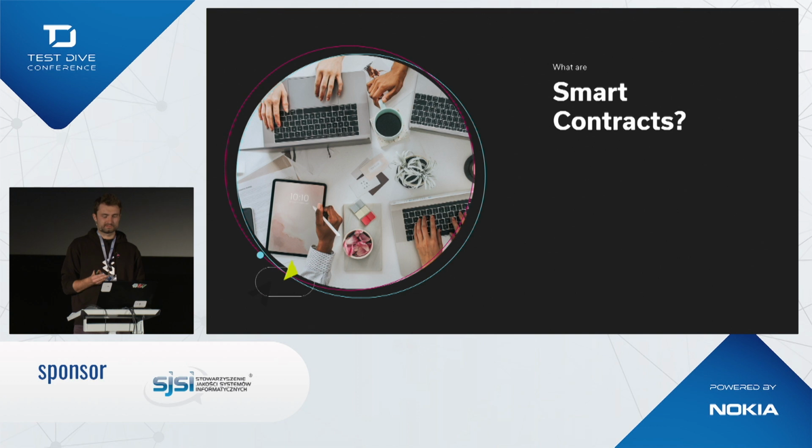And what about smart contracts? This is our main topic for today. So what are they? They are basically just a piece of software, almost like a regular web app that some of you are probably working on a daily basis. Something like scripts, just a piece of software. It can do some math, store some data, emit events, or call other contracts, other pieces of software.